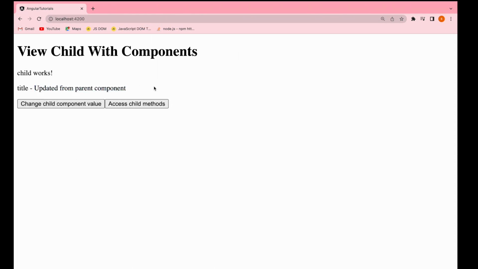It has been updated, and whenever you click access child methods, it is also trying to call. Let me click on this. I am able to access the child methods. So in both ways, you are able to access the properties and the methods of a particular class, which is nothing but a component,